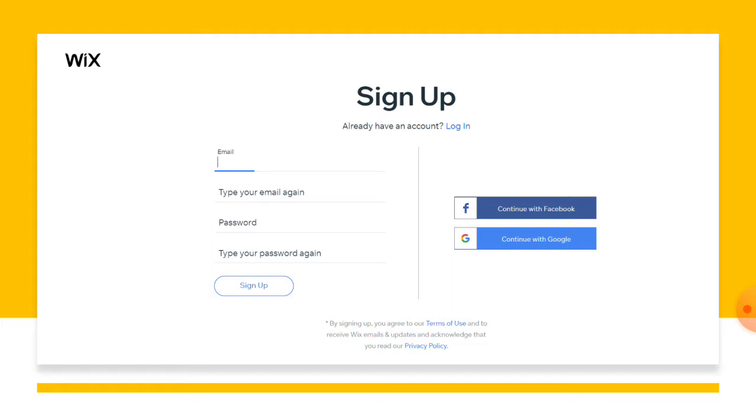You will get this sign in option. Usually there are three ways you can sign in. With your Facebook account you can sign in. With your Google account, that means using your Gmail ID, you can sign in. Otherwise, you need to register; on your left side you can see the registration form. You can directly register on the Wix website. Now I used my Google account, that is my Gmail account, and I signed in to Wix. Anybody can sign in using a Gmail account, Facebook ID, or directly with the registration.